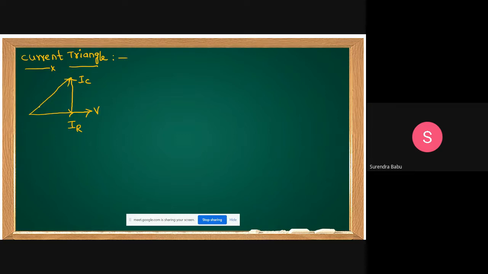Our reference is V. The theta is measured like this. Start from the reference. If you start from the reference, which side are we going? Clockwise or counterclockwise? V is our reference, sir. Always start from the reference. We are going counterclockwise. Counterclockwise means theta is positive or negative?